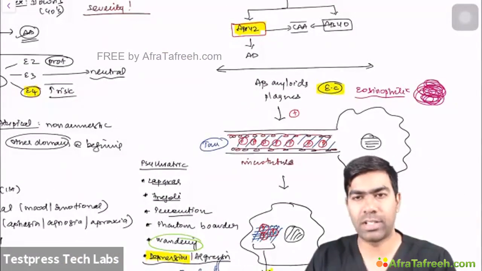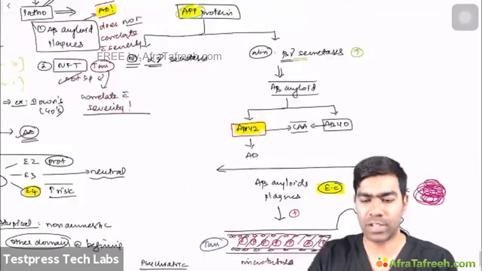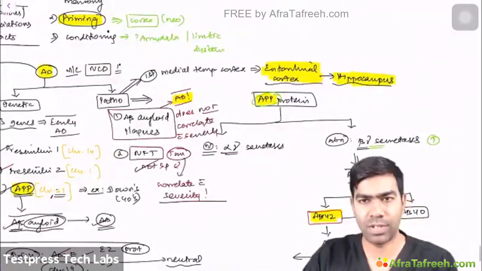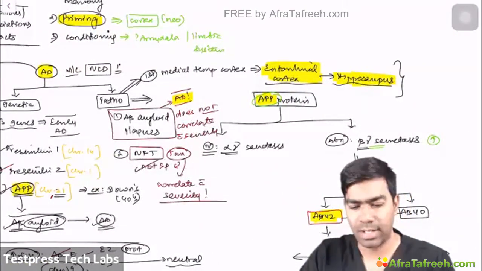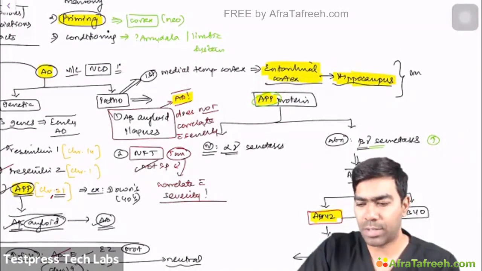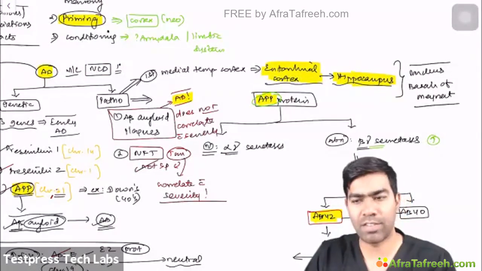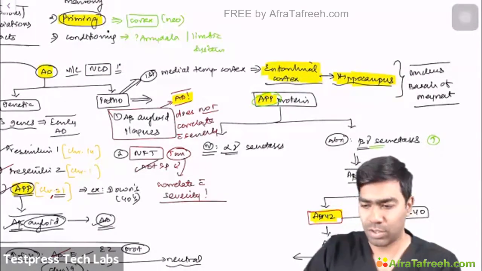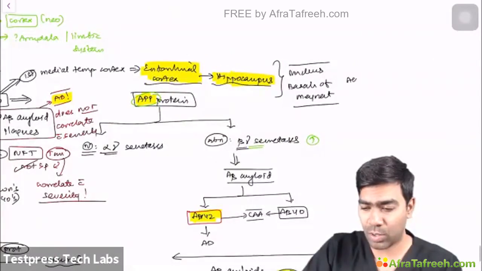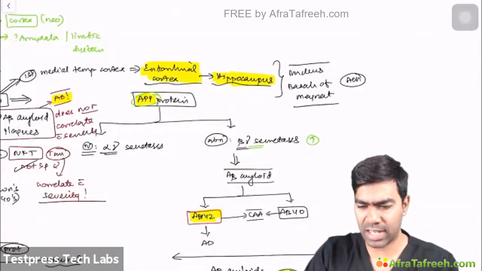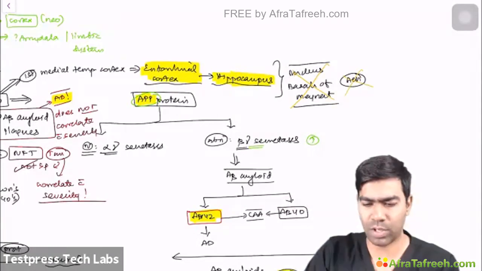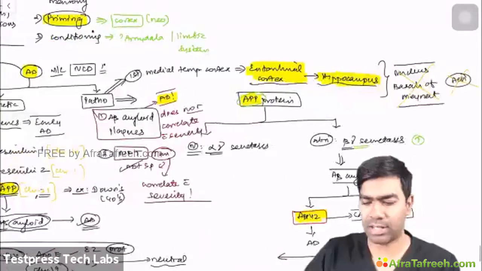And as far as the treatment is concerned, it's based on one hypothesis, which we have not talked about in the pathology. There is one area that will be damaged in Alzheimer's disease, that is nucleus basalis of Meynert. So this area will be affected in Alzheimer's disease. This is the area that generates acetylcholine. Because this area is damaged heavily, acetylcholine production will not be there in the brain, and that's a pharmacological theory